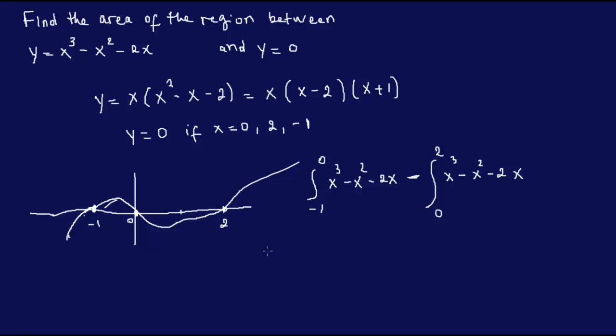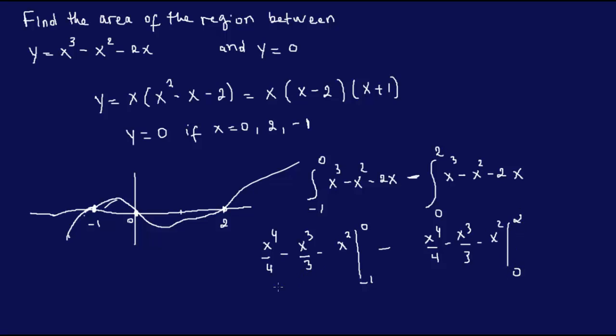Okay, so this would be x to the fourth over 4 minus x cubed over 3 minus x squared, between minus 1 and 0. Same thing here, and then you find your answer. Oh, sorry, it's not integral anymore. Okay, so I have same thing, x to the fourth, between 0 and 2, and you should get a scalar, you should get a number,